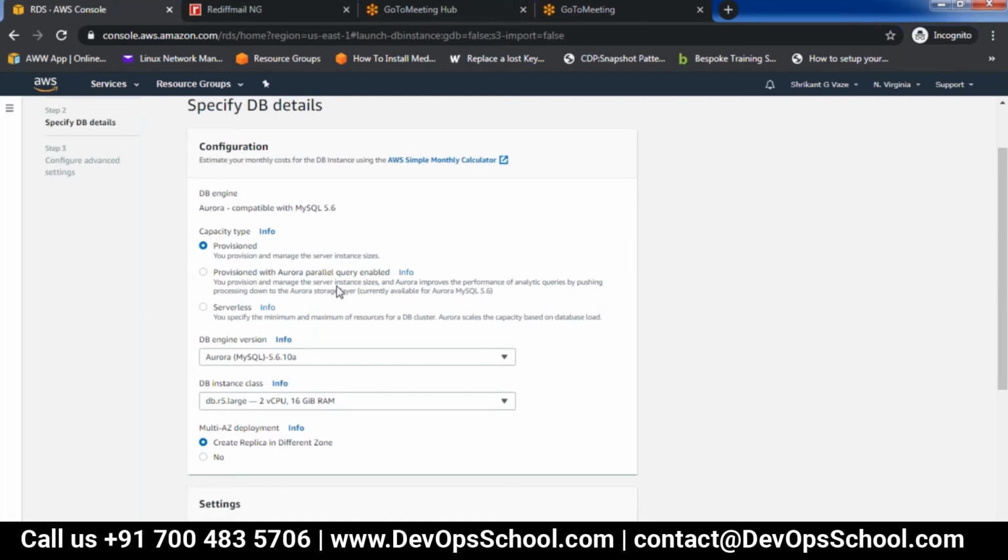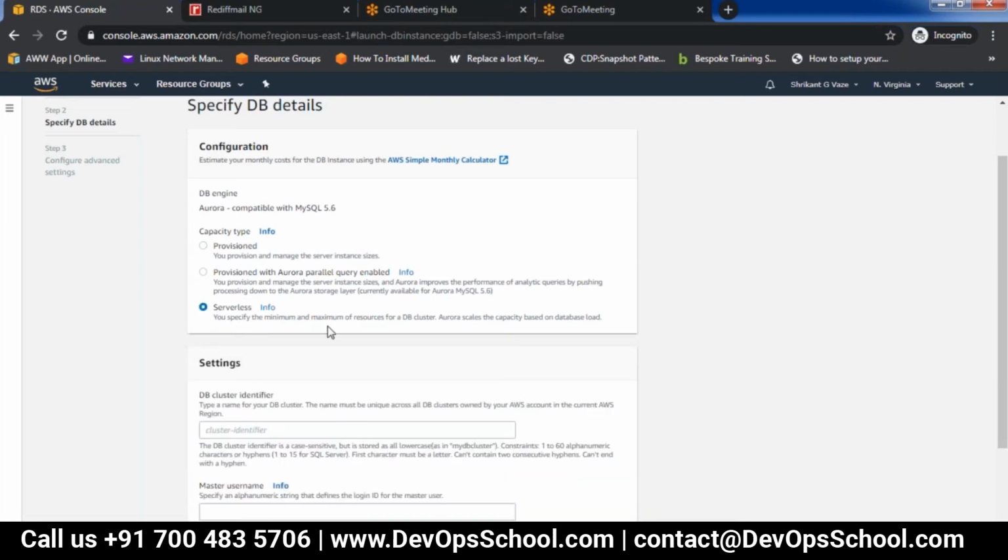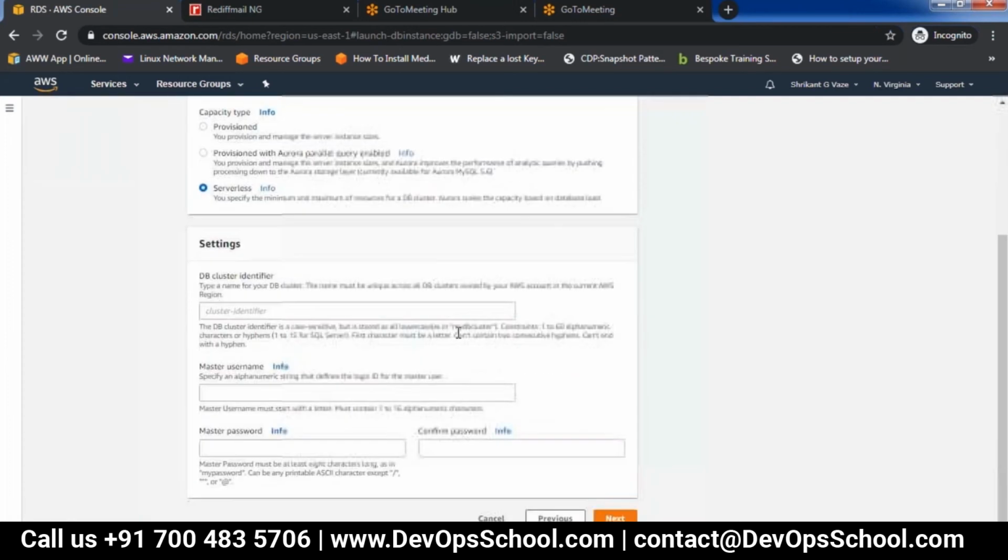Provisioned with Aurora parallel query. There is an option of parallel query, and this is Aurora serverless. So you have three options here, just like your single AZ, multi AZ. It is anyway a shared data cluster. For serverless, I can specify the minimum and maximum resources, and then it will auto scale at the backend.